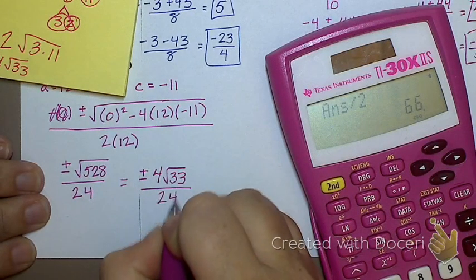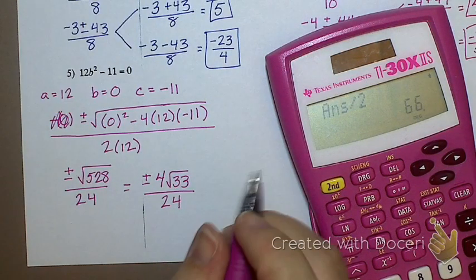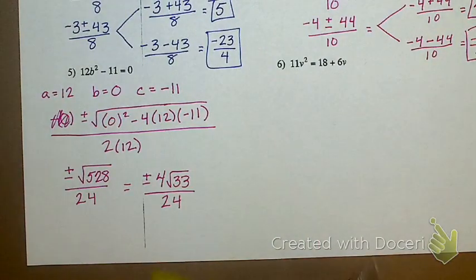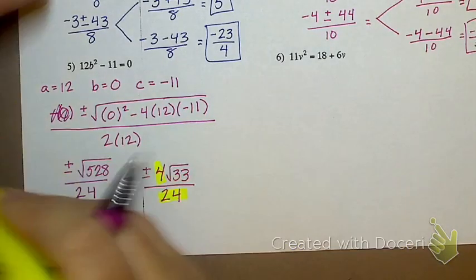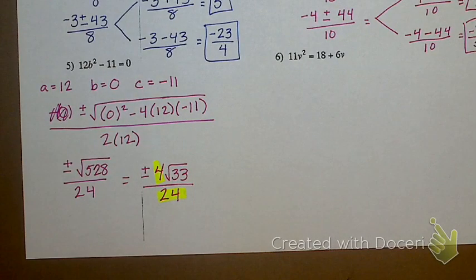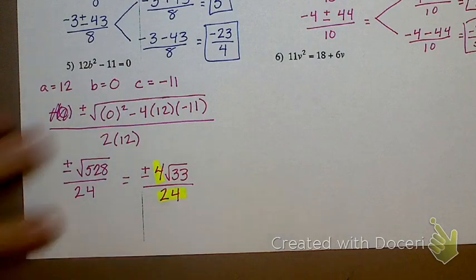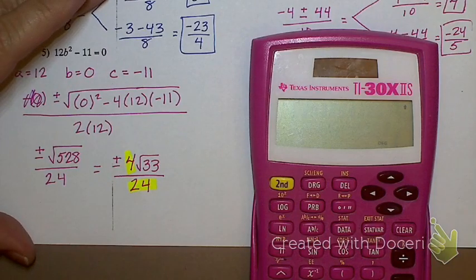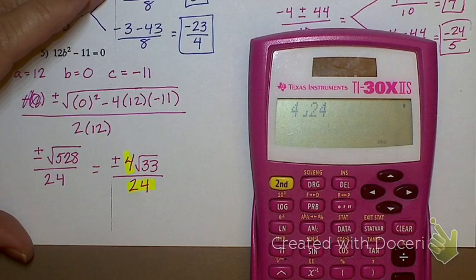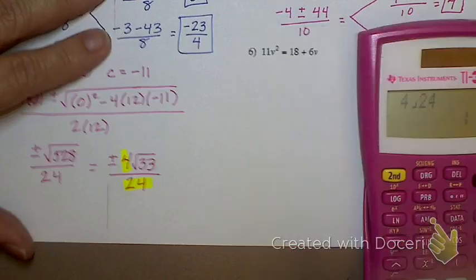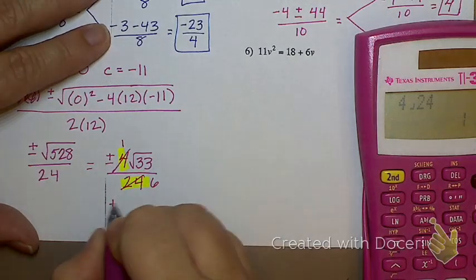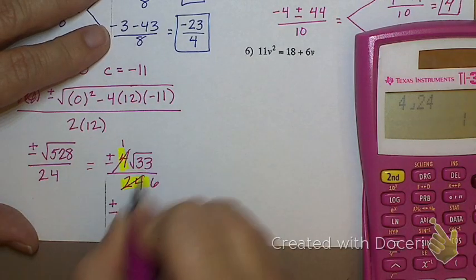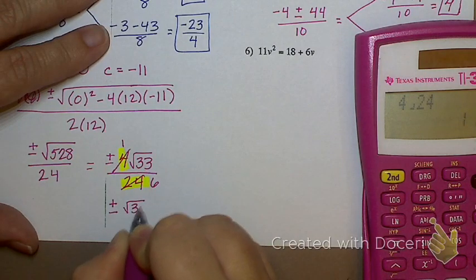Now, the rule with reducing stuff is you can reduce anything outside the radical on top with anything outside a radical on the bottom. You cannot reduce anything inside a radical with something outside a radical. So 4 over 24 reduces to 1/6. That becomes a 1. That becomes a 6. So what do I have? Plus or minus 1 radical 33, which we would just write like that,